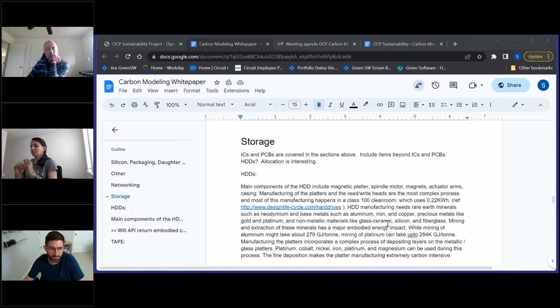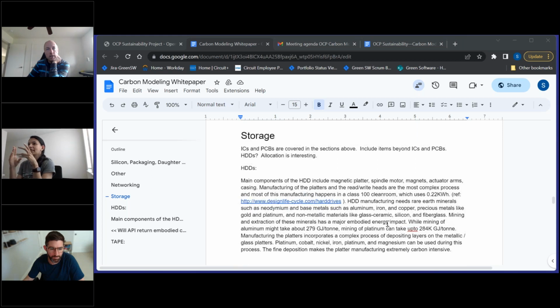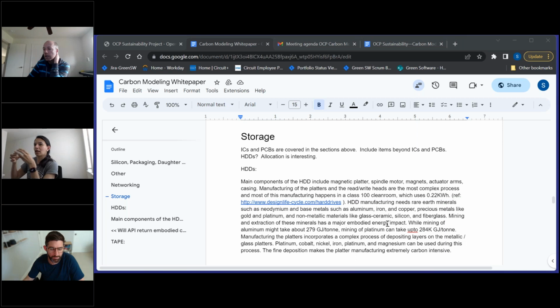I think I am basically asking about how this API would work for, say, HDDs or tape. Just like in ICs, it goes from the card level up to the chiplets, up to the entire details. It goes back. Does that mean for HDDs, it would be the HDD level and then it would go back to each subcomponent? I'm trying to imagine to what level. I think we're making it a little bit too